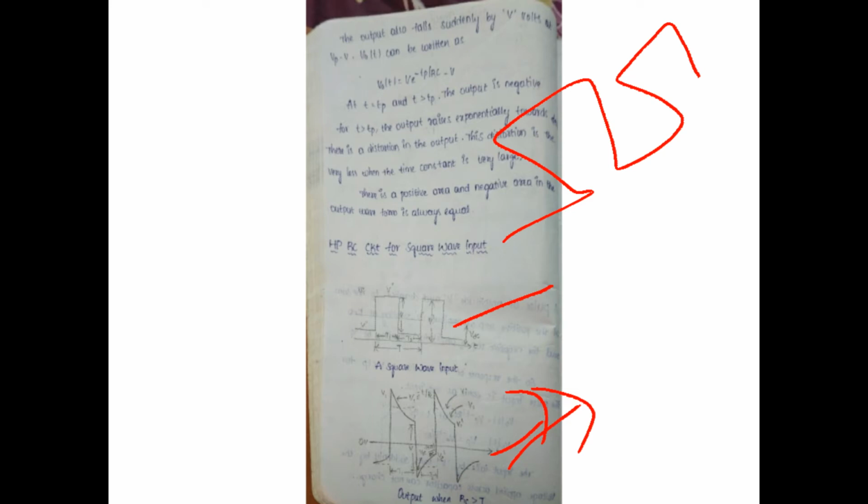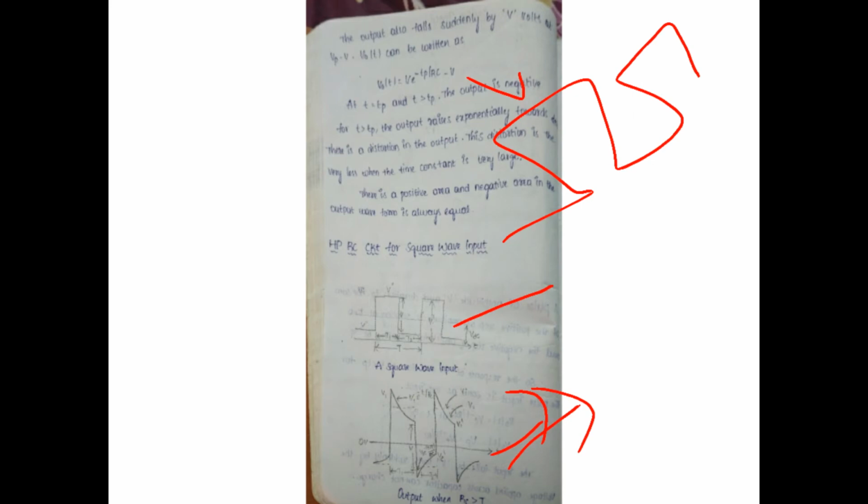At time constant RC greater than T, it maintains the constant output, that means a constant input signal. It does not change any signal response. That means if you apply RC greater than T to the high pass filter circuit, the capacitor remains in a constant condition and does not produce any output voltage changes. We are taking the square signal, that is V dash, and this one is V double dash. This is the positive signal and that is the negative signal.